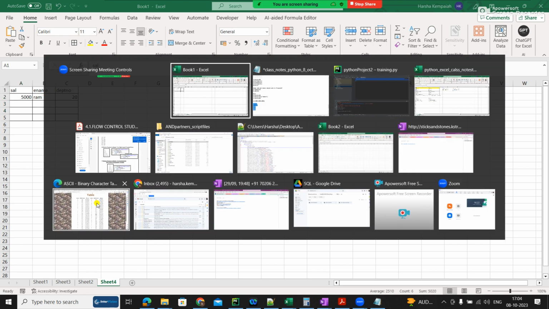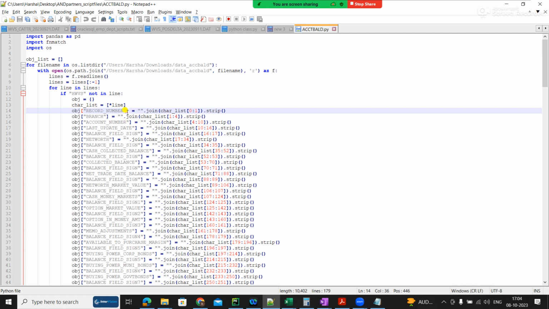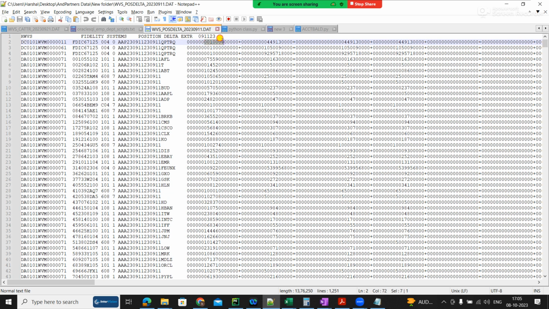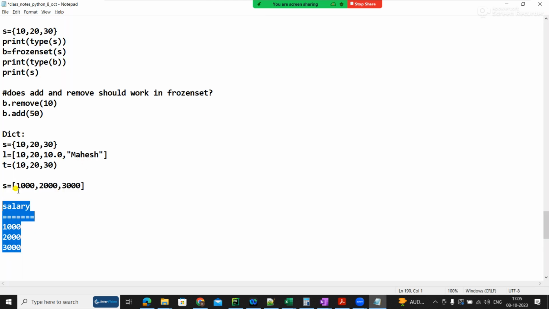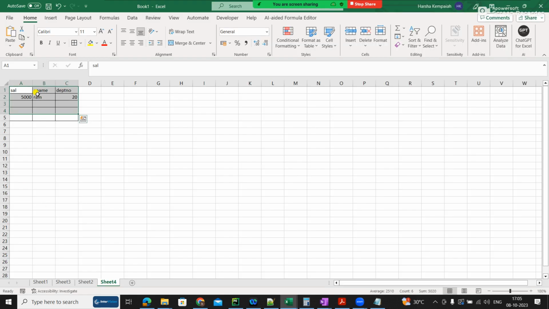That is what a dictionary does, and that is what one of my examples has done, where I have given this as a column name and whatever I get as data. Only this data, no one will understand. See, this does not have any column names. So what does a dictionary do? Dictionary holds key and value. Always a dictionary will hold key and value. If this is a key in this example, this is a value. Again I have one more column, employee name is a key and this is a value, department number is a key and this is a value.